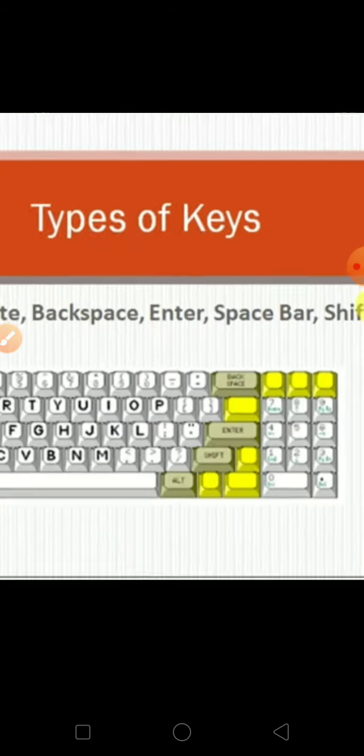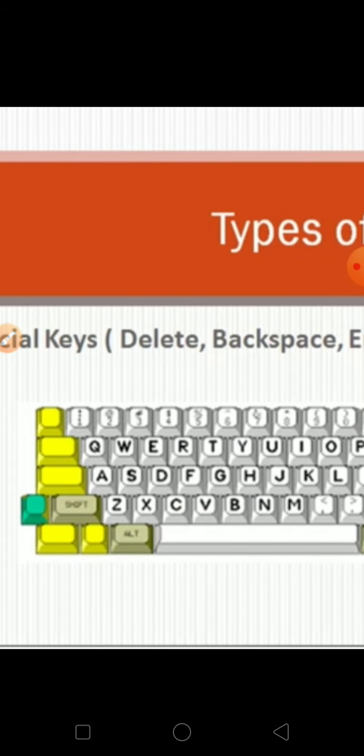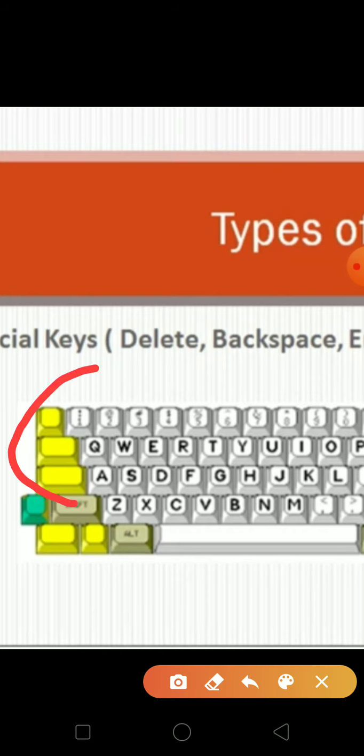Can you find the shift key on your keyboard? Yes, all of you have seen it. This key is our shift key. So what is the use of this shift key? When you press the shift key in combination with a letter, you can type a capital letter. If you press the shift key in combination with a number key, you can type a symbol, as I have told you. These symbols are written on the upper part of the key.